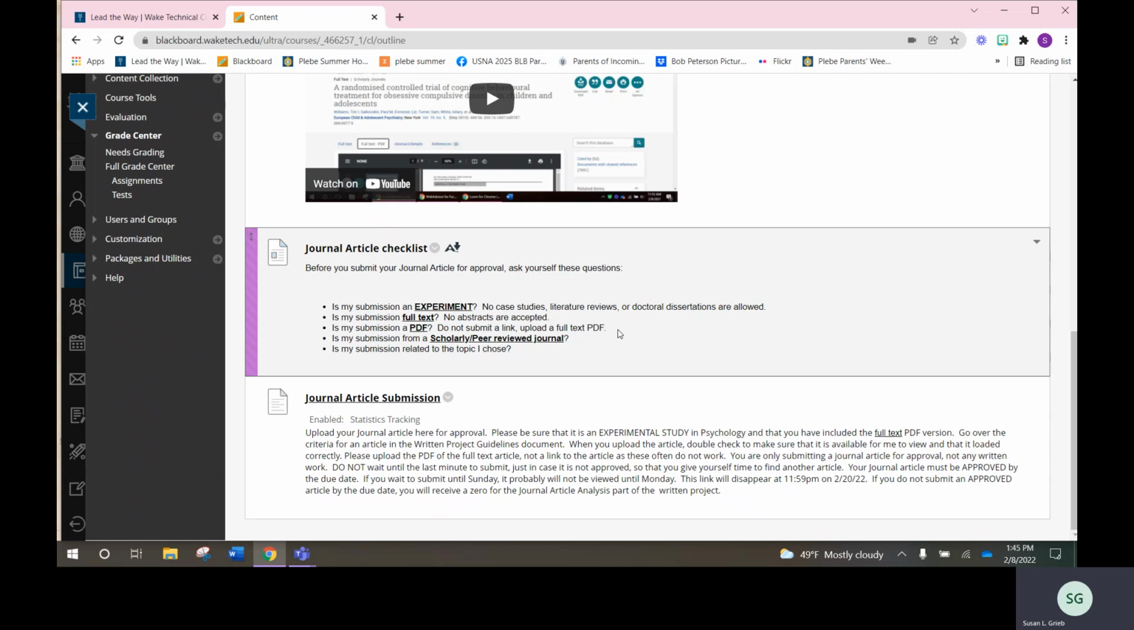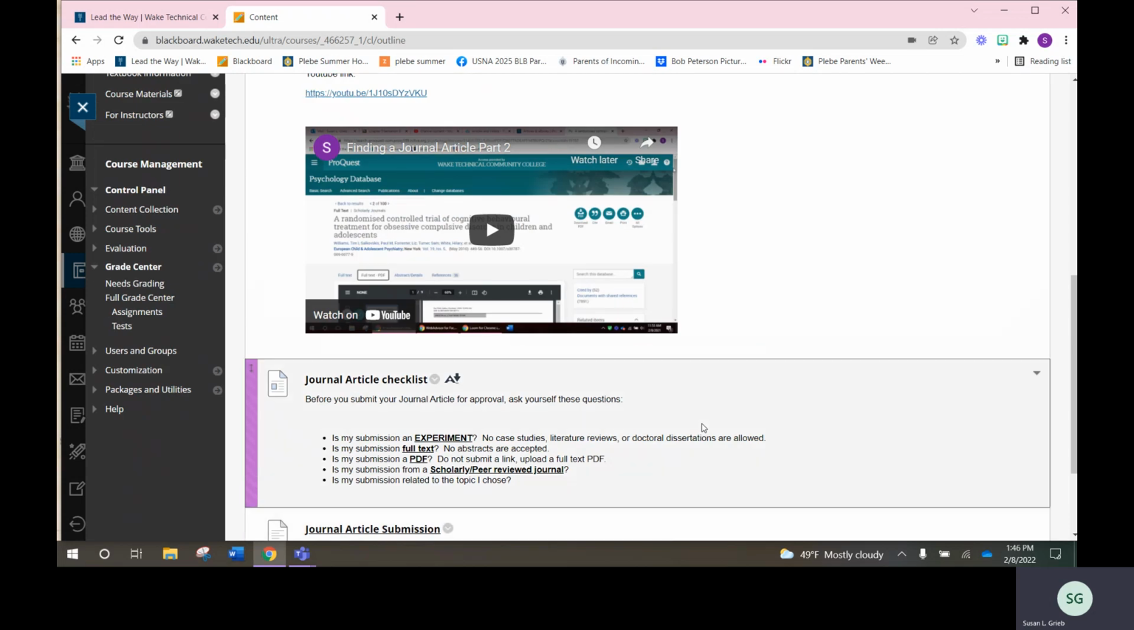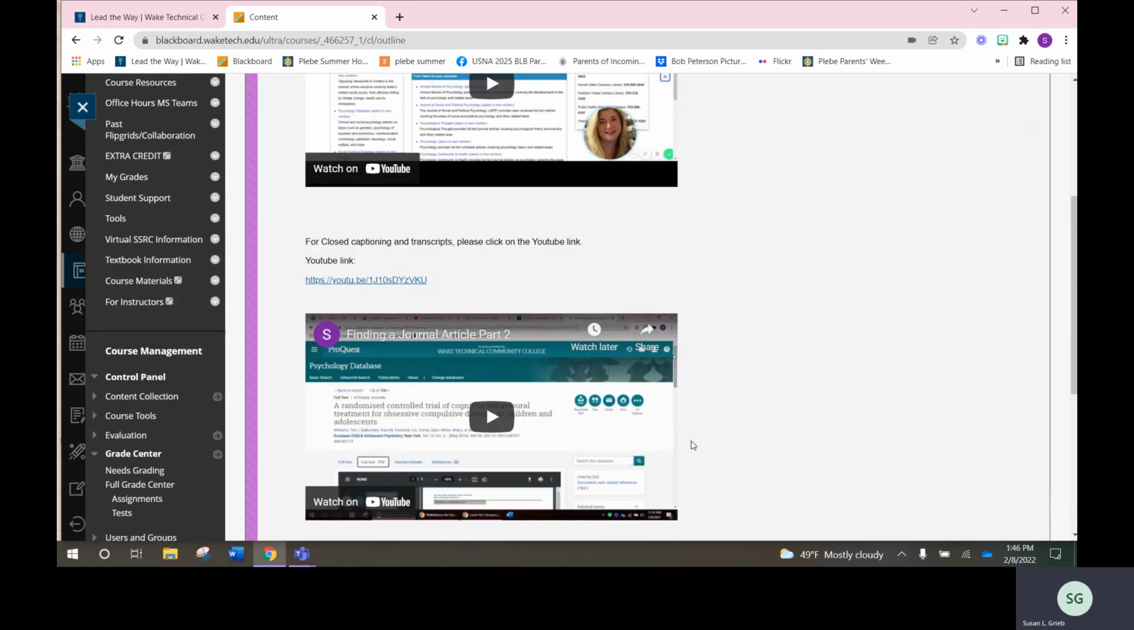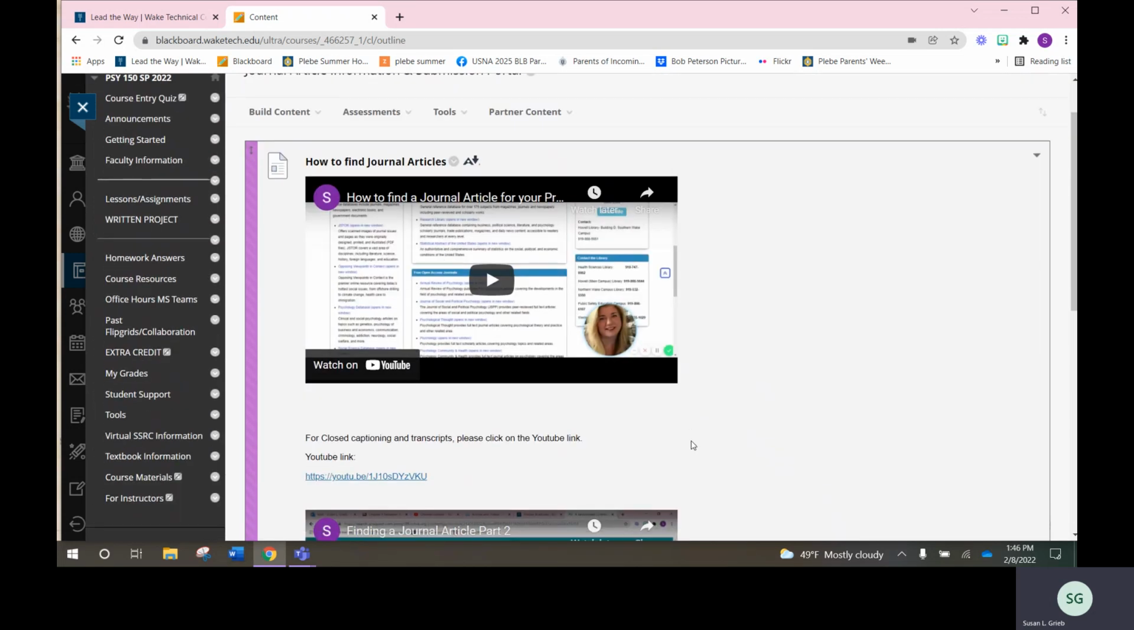Make sure you're checking Blackboard, checking the feedback from your submission to see whether or not your journal article was approved. This is more than 50% of the total grade for the written project. You don't want to get a 0 on that portion simply because you didn't get an approved topic. So make sure that you are conscious of that. Make sure you are following the submission guidelines for that journal article. Remember, that's due Sunday before